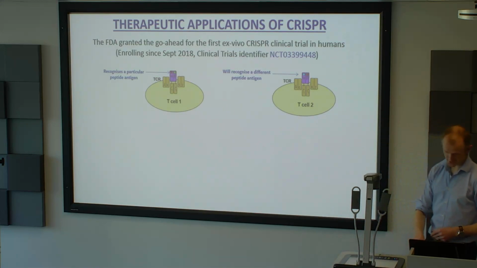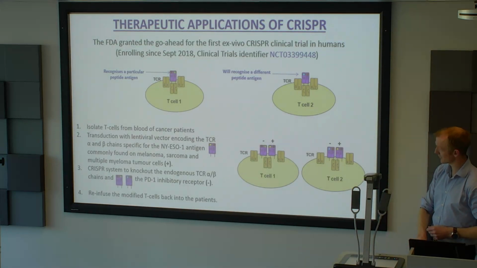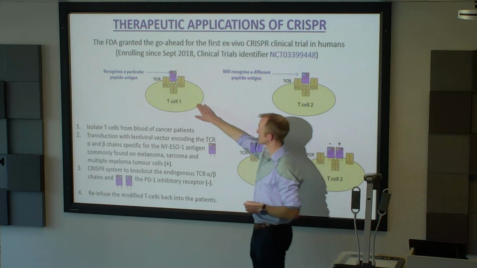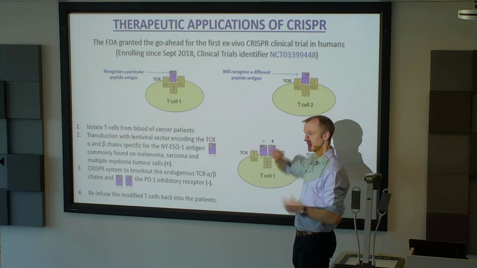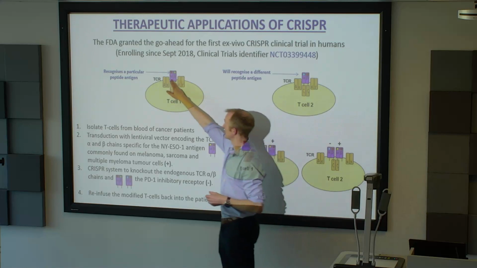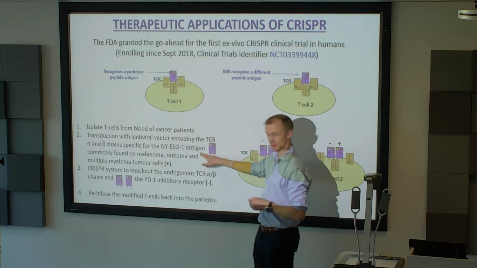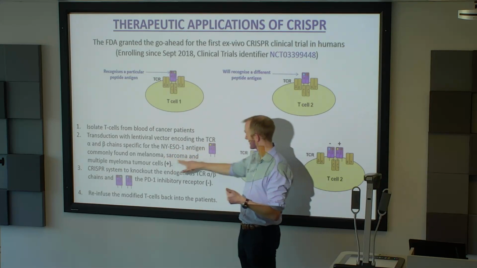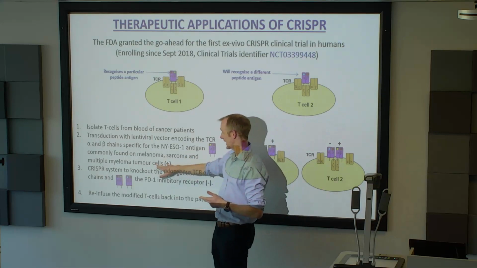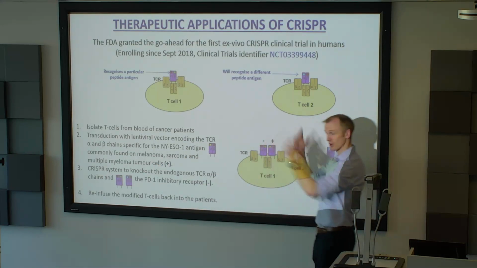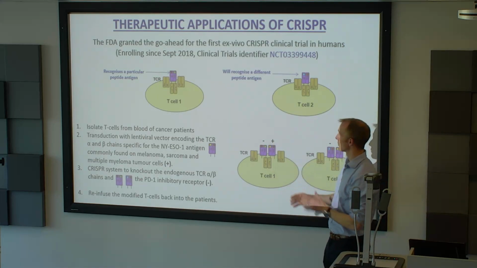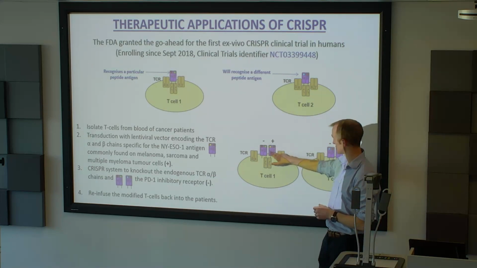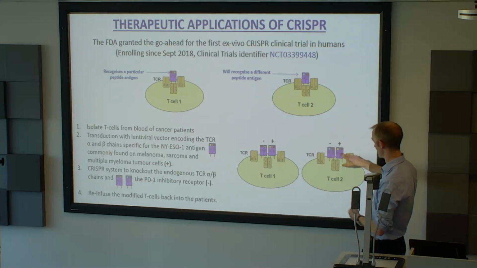So what the scientists have done in Philadelphia, what they're proposing in their clinical trial, is they're going to take T cells from patients and they're going to genetically express a new T cell receptor, a new alpha and beta chain for this peptide antigen, the NY-ESO antigen, which is highly expressed in melanoma cells, sarcoma cells, and multiple myeloma tumor cells. So with that, they're taking all of the patient's T cells, which will all recognize different antigens, but redirecting them to express this new alpha beta chain, shown here and here. A new alpha beta chain on their surface here, and on their second T cell, a new alpha beta chain,